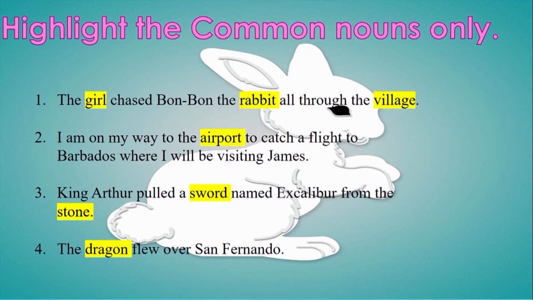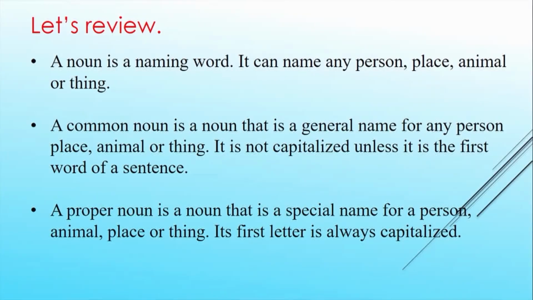So the dragon flew over San Fernando. So what we have here is dragon being the common noun, right? So how many did you get between the common nouns and between the proper nouns? Hopefully you got all of them, and if you were to get a sentence, a paragraph, you could identify them on your own now. So what we're going to do now is we're going to have a little short review